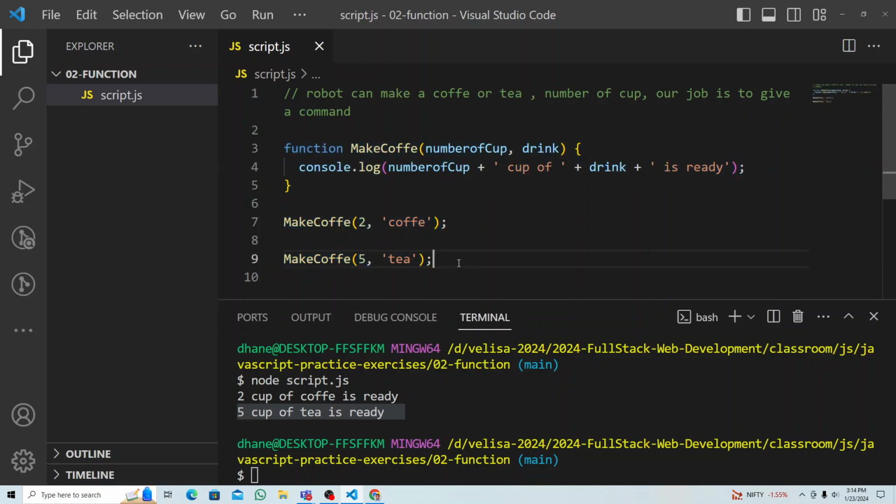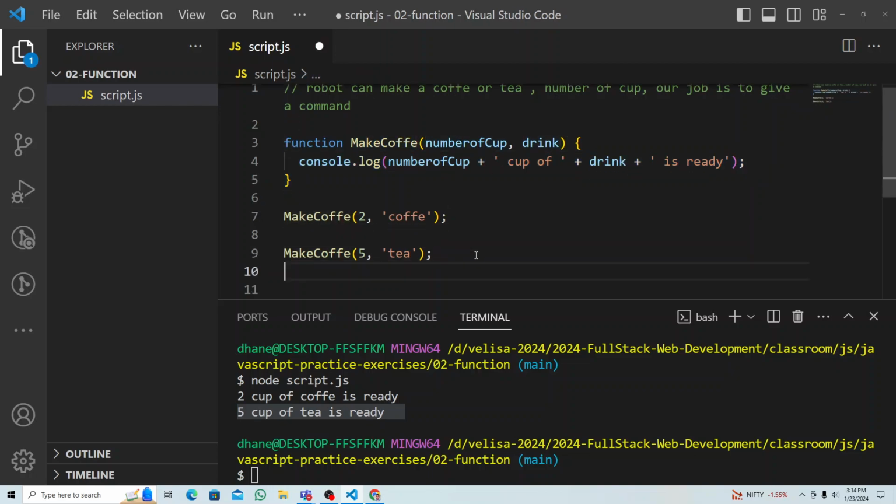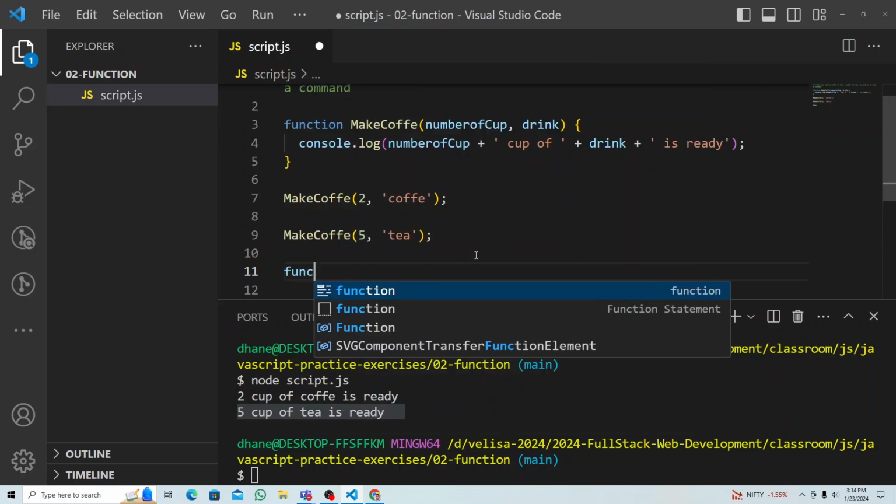This is very simple function. Later we're gonna learn the different way to create function, arrow functions and all that, right? Anonymous functions, all that. Okay, that is simple console log, right? And we learned parameters and argument. Okay, let's do one more thing, right? A function,